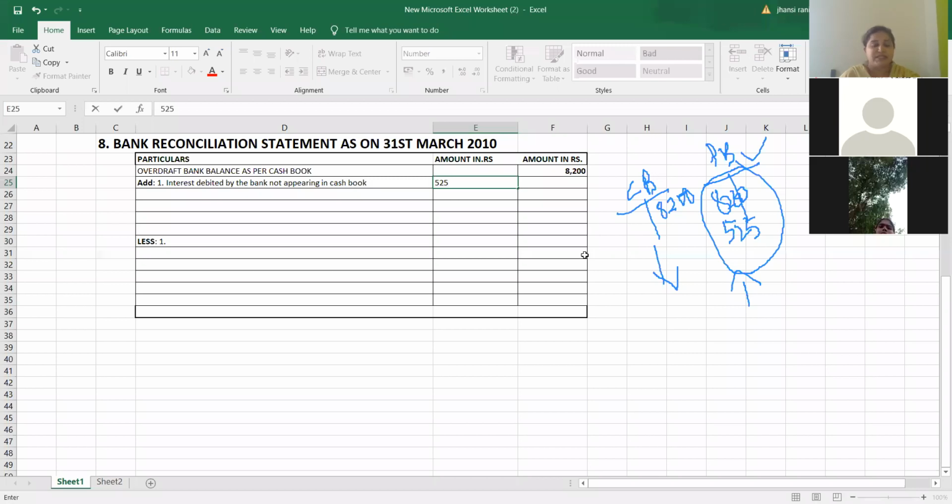A check of rupees 950 issued to Vasan was cashed on 10th April 2010. But what is our date when we are preparing bank reconciliation statement? We are preparing bank reconciliation statement on 31st March. But if you look at the question, it is given like this. They have issued a check and check was cashed by the Vasan on 10th April. So after the due date, they are encashing it. Yes. So let us again draw the cash book and passbook.